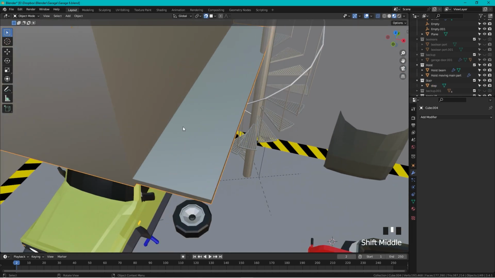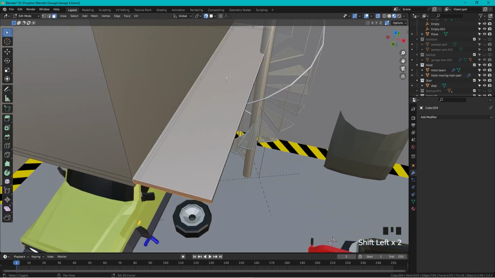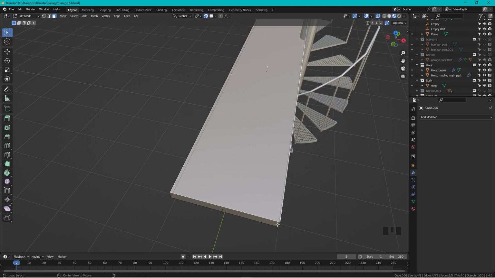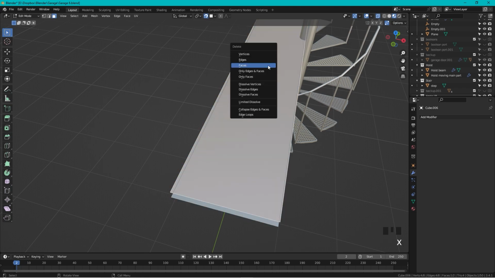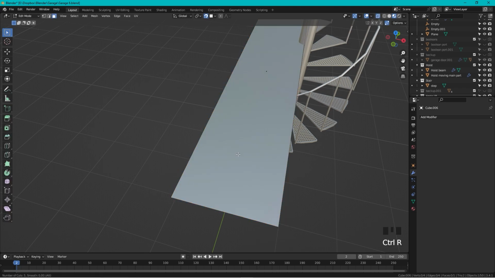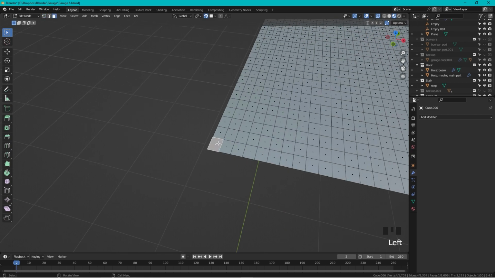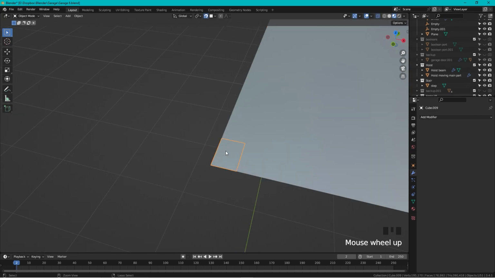Okay, so let's continue, and I want to continue with the balcony outside the office because I want to be able to stand up there and look down at the cars, and I want this to be some kind of grid pattern similar to the one on the stairs. So the way I want to solve this is by doing instances of a cross and then just instance it